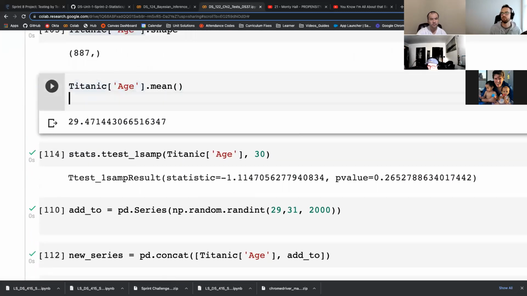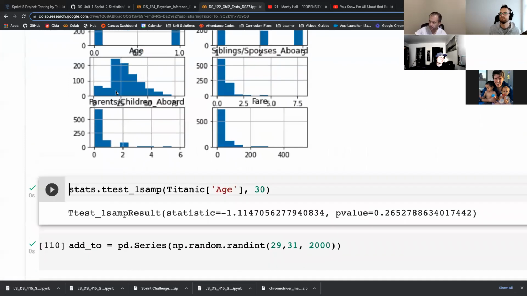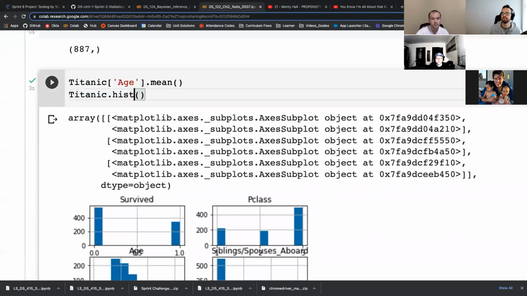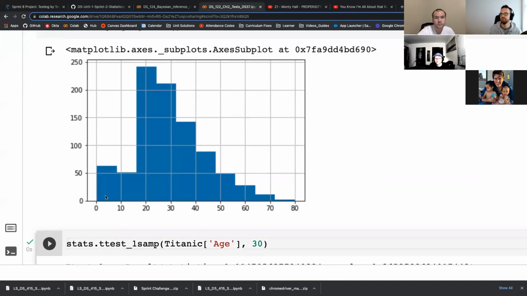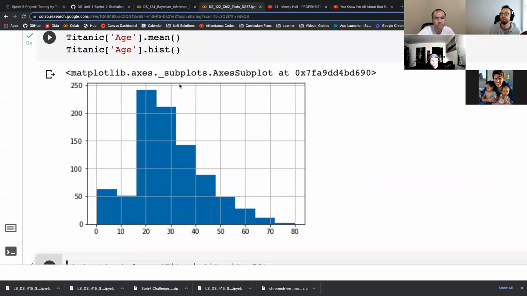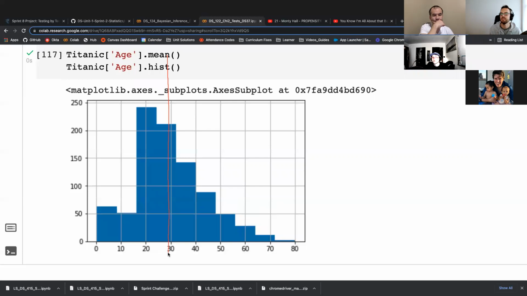What does this look like? Or what do I mean when I refer to what this looks like? Remember, this is the original distribution of the age. When we look at the distribution of the Titanic, we see that it's got a bit of a right skewed distribution, even though it's unimodal, essentially reaches out to a certain distance. That population mean of 30 could be expected to fall potentially somewhere around here, suggesting that there's a very high probability that this population still exists as part of the